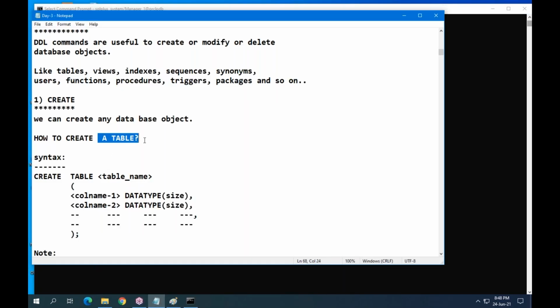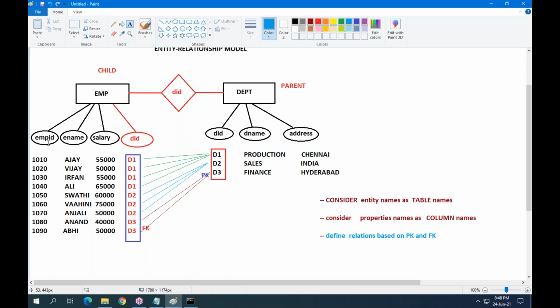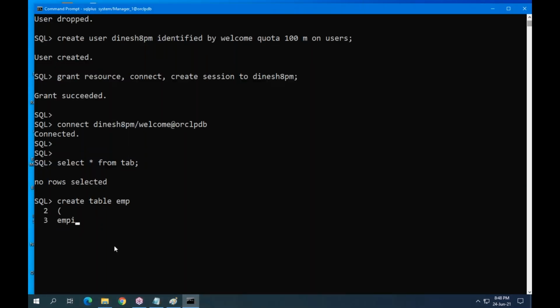So I want to create a table. How to create a table? Create table emp. What are the columns? emp id, ename, salary, did. emp id is number, with a size. emp name is varchar2 10.